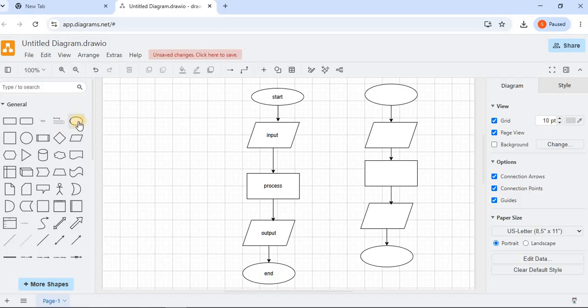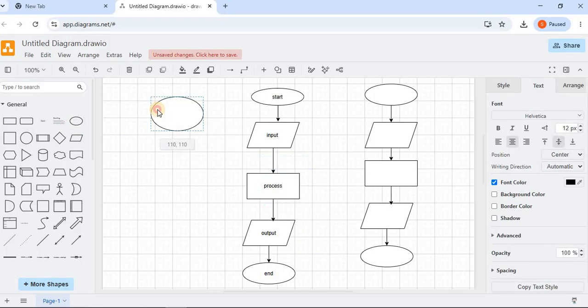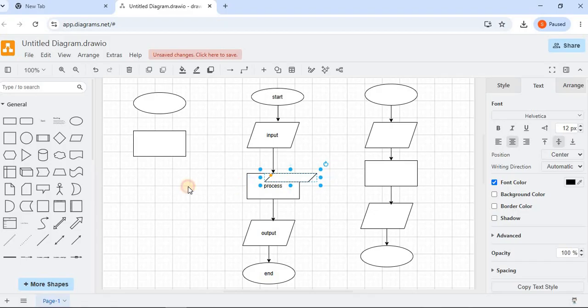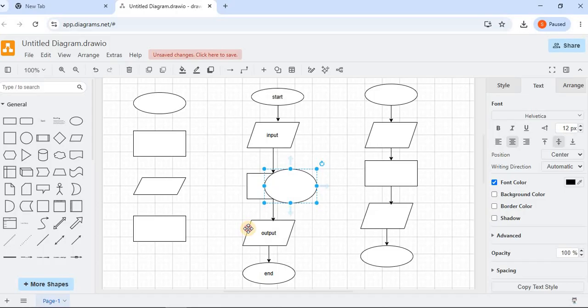One important tip to be remembered here is when you drag the shapes onto the canvas, you see that the shapes are aligned properly in the grid line. So a vertical line is visible while aligning the shapes. It shows whether the shapes are aligned at the center with respect to the other shapes. Based on that, you can arrange the symbols onto the canvas and then connect the shapes by using the